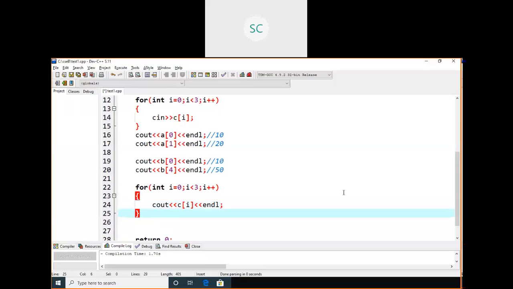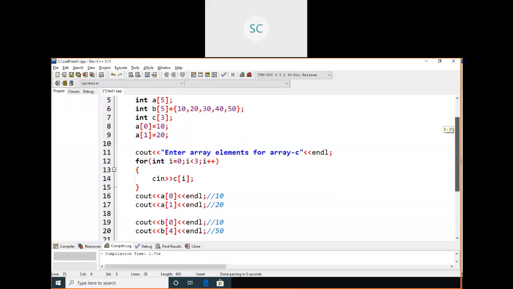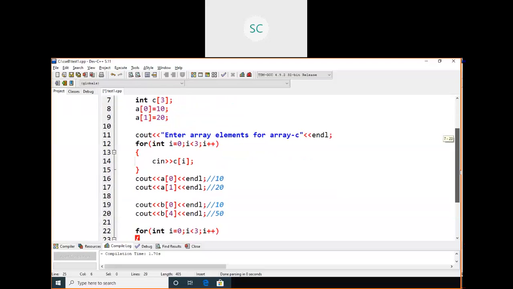See what I'm doing. Array A and B are completed, right? Just the third way: how I can get the elements from the user and how I can store those elements in an array, by using a for loop. Here is just a simple cout statement. Here I am asking the user to enter some elements.